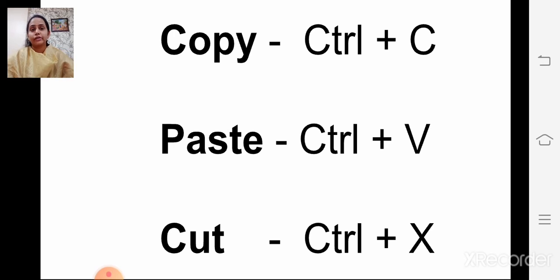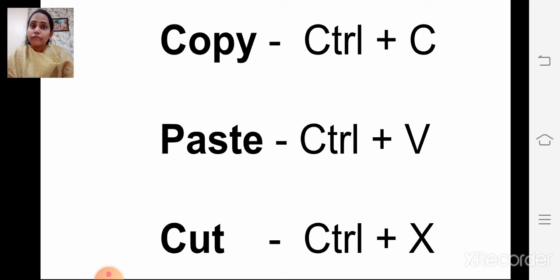Now, children, we have seen copy paste and cut paste also. There are shortcut keys to do copy, paste and cut. Shortcut keys means using the keyboard. Using the keyboard, you can do copy, paste and cut also. We have seen already how to do copy, paste and cut.